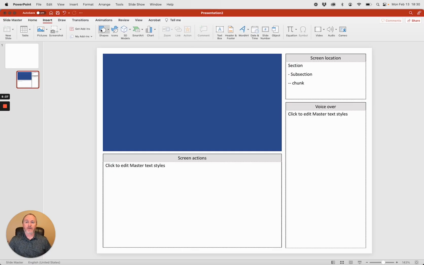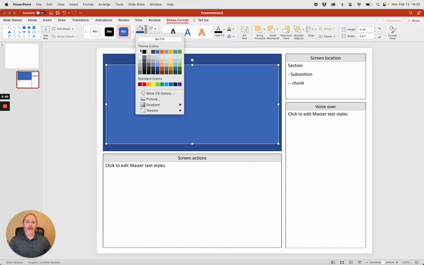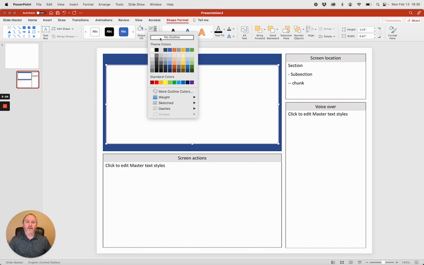So we're going to insert another shape, another square. This one is going to be the white. This is going to be the area where all the action takes place. Okay, so we're going to give that a white background, and then make sure that there's no